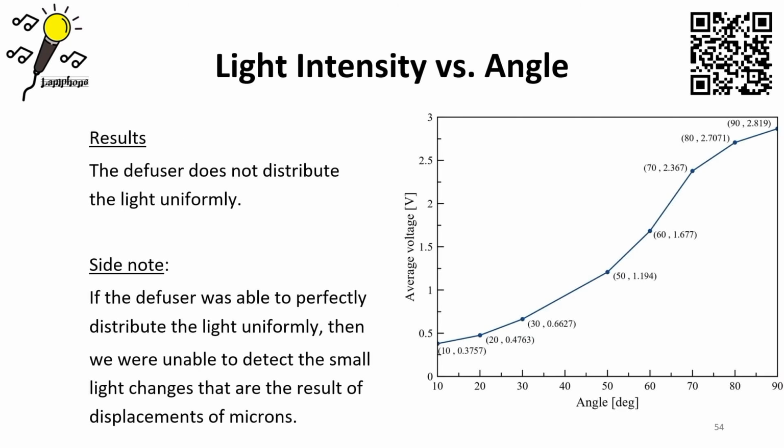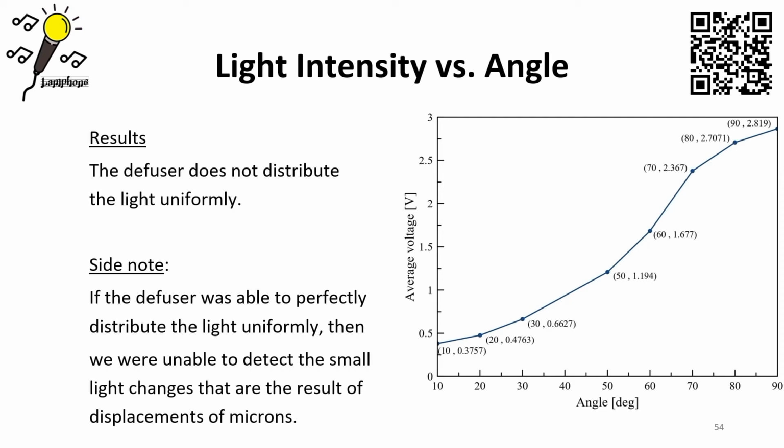These were the results that were obtained, and as you can see, the diffuser doesn't distribute the light uniformly. Basically, the amount of light that is captured by the electro-optical sensor increases when the angle between the light bulb and the electro-optical sensor increases, up to a vertical point which maximizes the amount of light that is captured by the electro-optical sensor. Again, all of which were done by fixing the distance between the light bulb and the sensor. We just changed the angle between them.